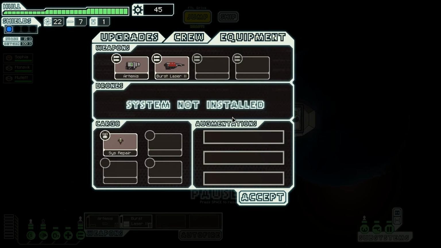There's also attacking drones and defense drones, as well as like anti-personnel drones. So those are all pretty cool. The augmentations are stuff that you can add to your ship. So increased scrap recovery is one where it allows you to get more scrap from a fight, or